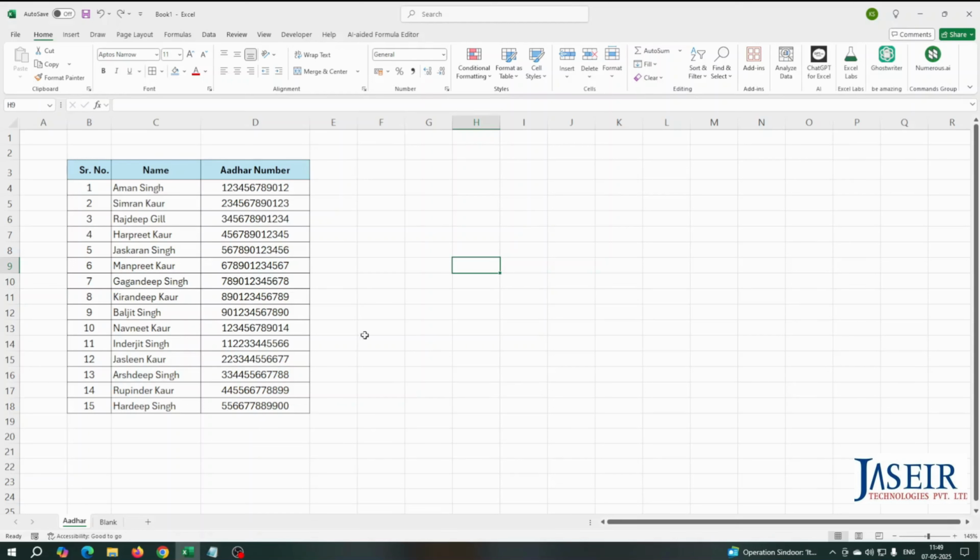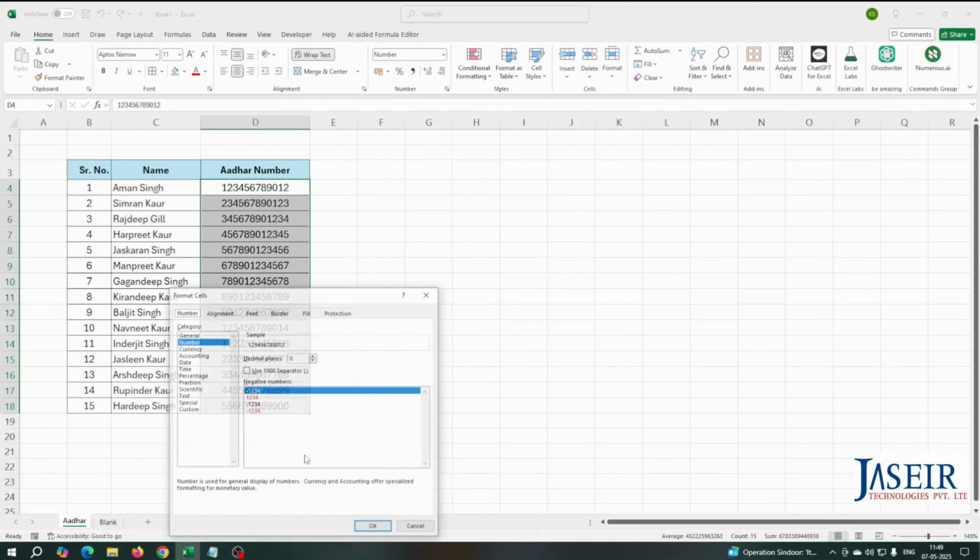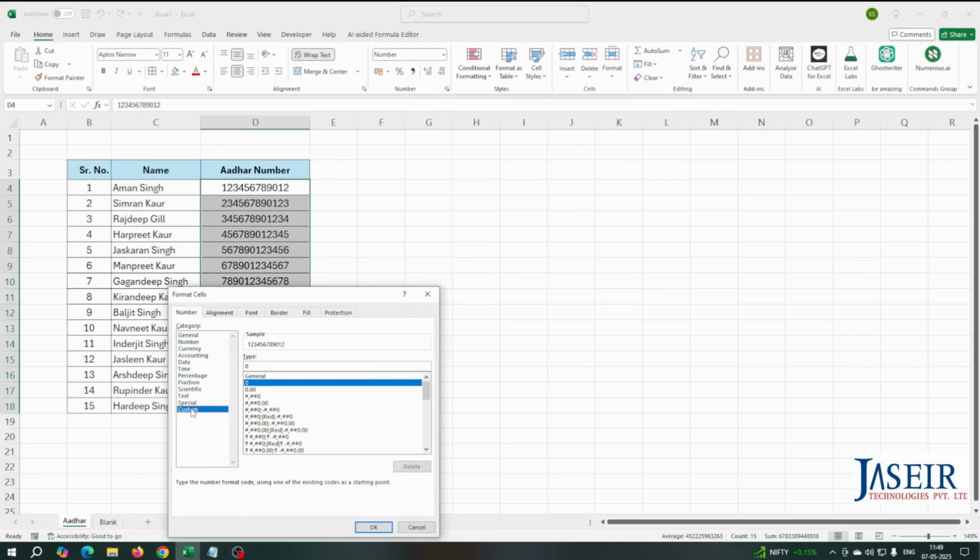To do that, we either press Ctrl 1, or select this range of cells, right click and click on format cells. Here we have different categories of formats, so we click on custom, and here we have to write